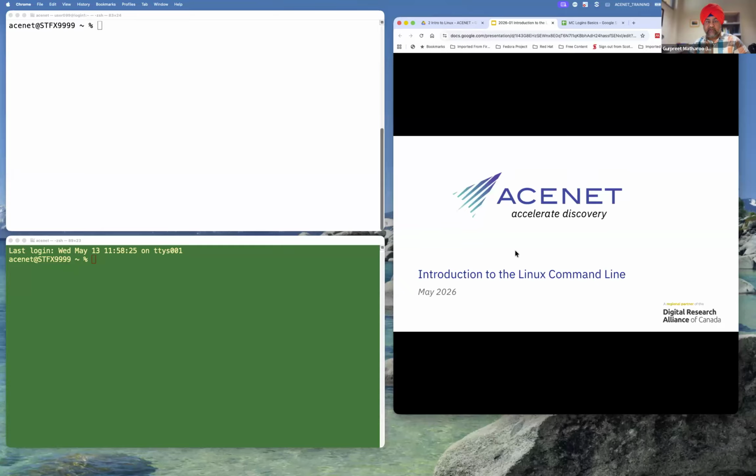As I said, the cluster works with Linux, or it's on the Linux operating system. That's why it's extremely important that everyone knows about Linux. There used to be something called Unix a couple of decades back, and then Linux took over.